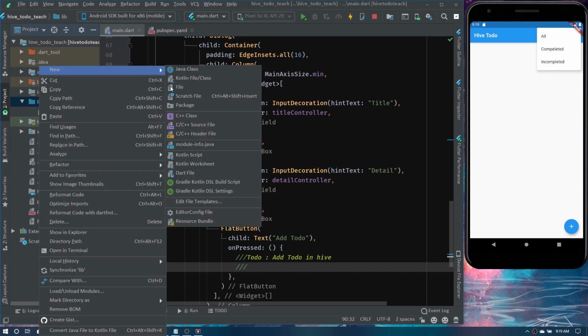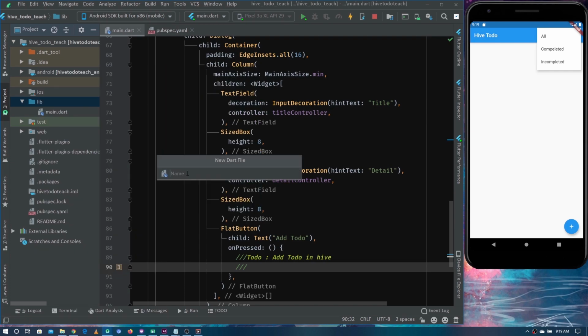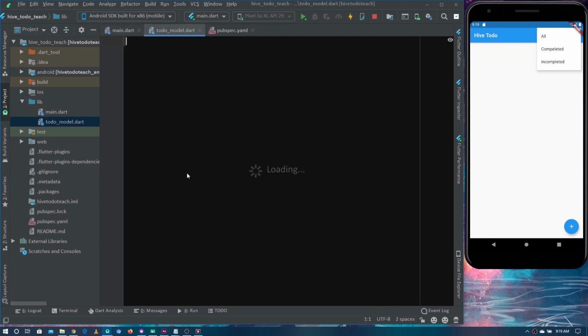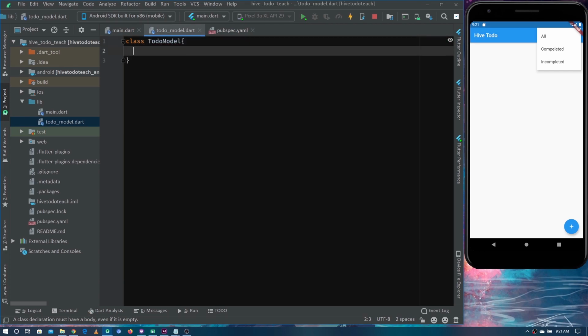So just go inside the new, and you would have a dart file. And what you have to do, you can give any name. So what I'm doing, I'm giving the name todo_model, or you can even give it task_model. And now let's define this class. So I'm giving the name TodoModel, and inside it